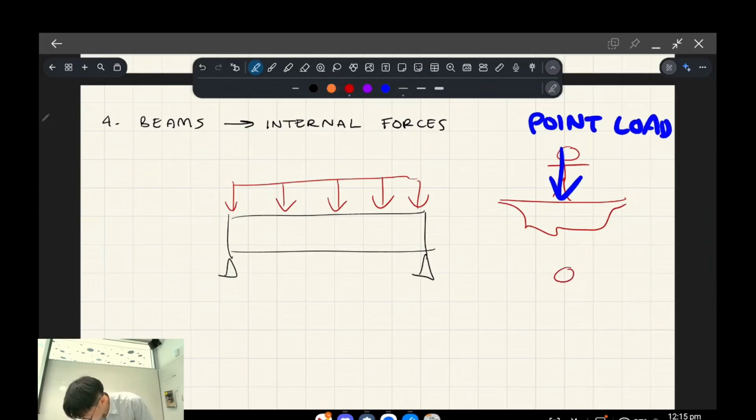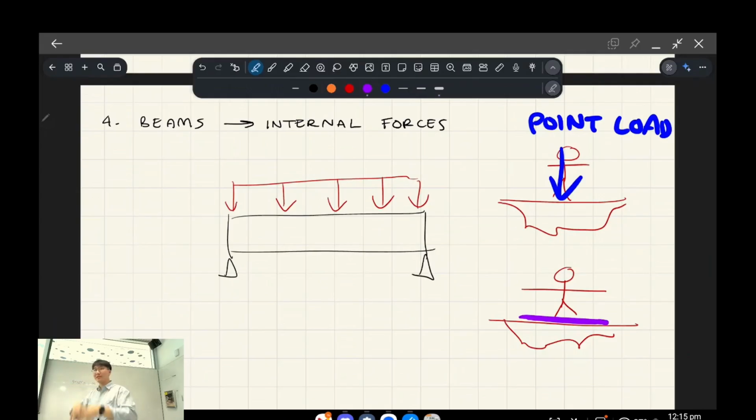But if that dude jumped onto the quicksand and he had a surfboard, and let's say this surfboard's perfectly rigid, the force is transferred from him into the surfboard and then distributed and spread out across the quicksand, right? And so that's what a distributed load is, essentially. It's where you have a certain length or area that you're distributing your force over, and that's a distributed